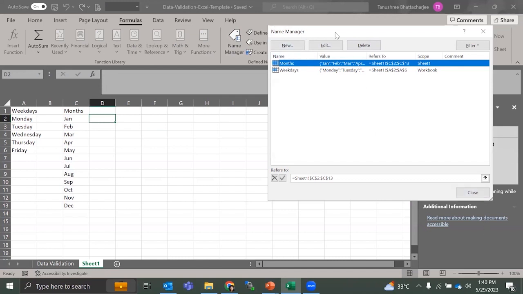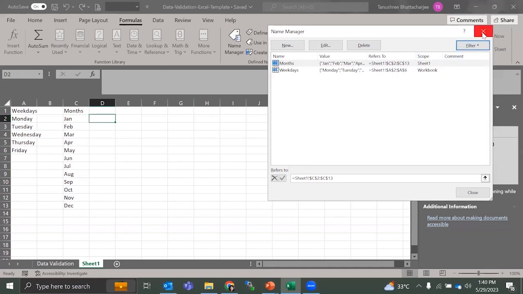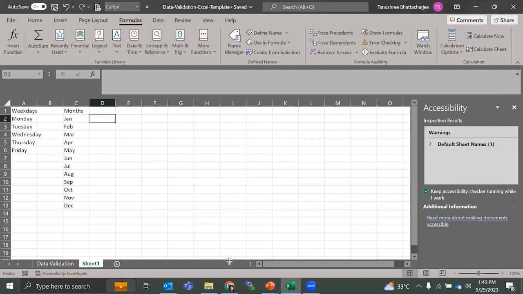You can create a new one, delete, and filter based on the scope of the worksheet or the workbook. If you have many named ranges, you have many filters. Okay, let's close this. Next, what we learn